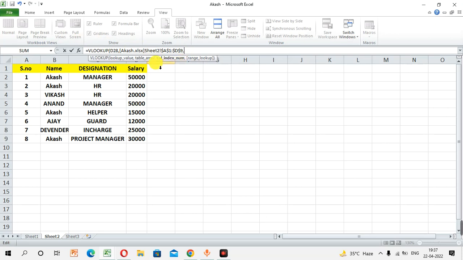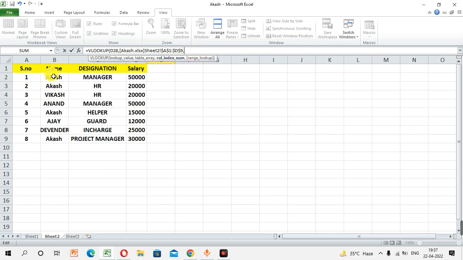Now guys, you can see the formula. It is asking for the column index. Suppose I want to retrieve the name first. Since we are using the serial number to retrieve the data, first of all we need to select our column index number basically.